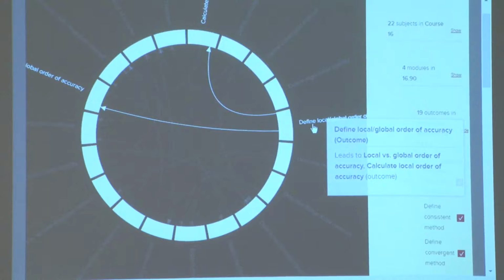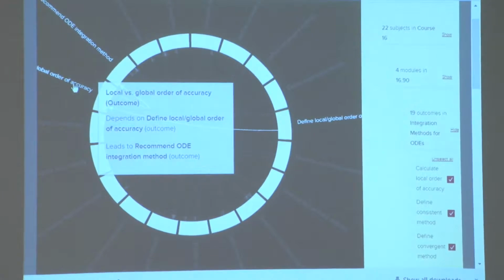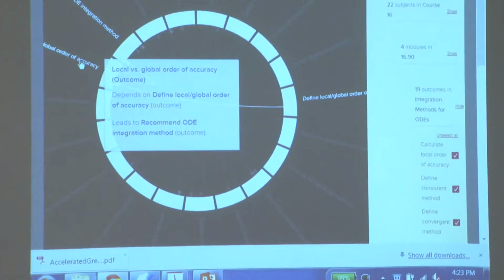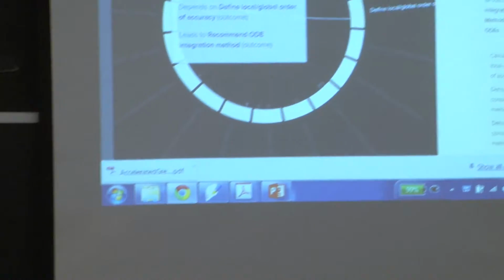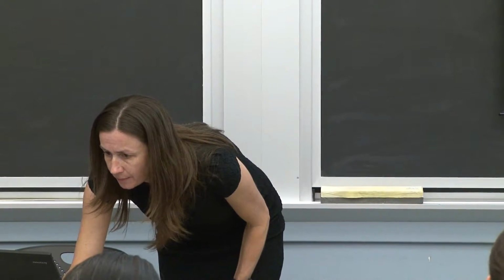Define local, global order of accuracy. Over here, to explain local versus global order of accuracy, there is this definition outcome that precedes that. And I could come into any of these. I can see that there's a few of them. For example, this one over here,